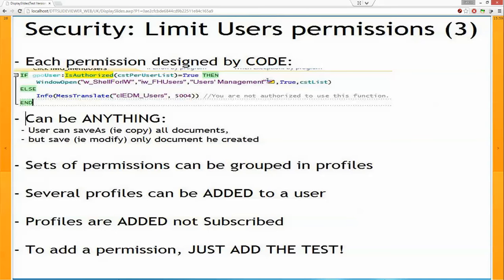This permission can be about anything. It doesn't have to be about the UI. It may be that when entering a window, you want to gray out some function. Or it may be that you're going to leave everything active, and when you press on it, the function itself is going to be protected. I personally prefer to do that